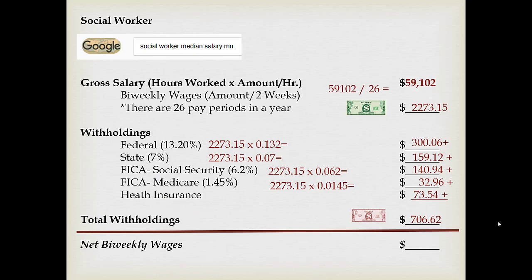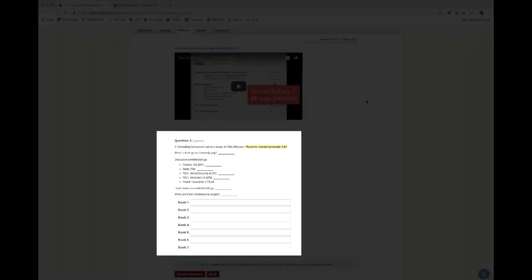$706.62. And then to find my net biweekly wages or my net pay, I take my overall gross salary of $2,273.15. I subtract my total withholdings or deductions of $706.62, and my net biweekly pay wages are $1,566.53. I'd like you to practice by using the example of the marketing consultant below that earns the salary of